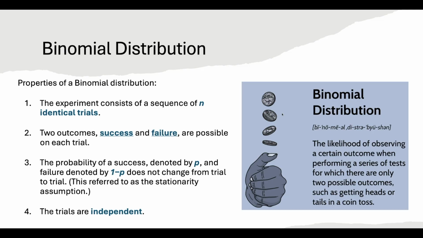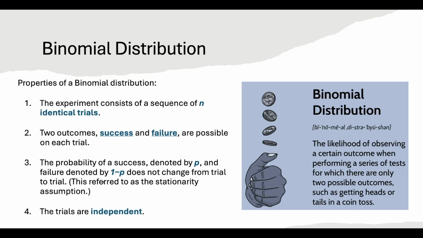Think about tossing a coin, where we have only two outcomes, either head or tail. The probability of success is denoted by p, and the failure by 1 minus p. In the coin tossing example, we have a 50% chance of getting head, therefore we have 100% minus 50% chance that